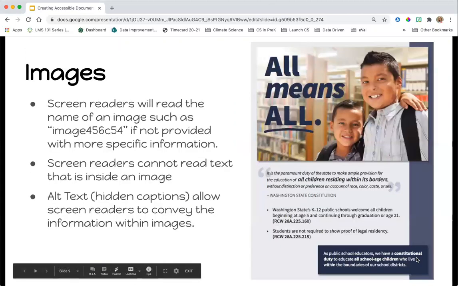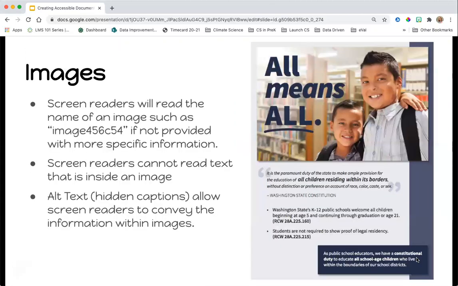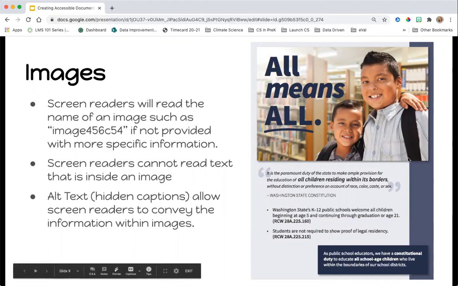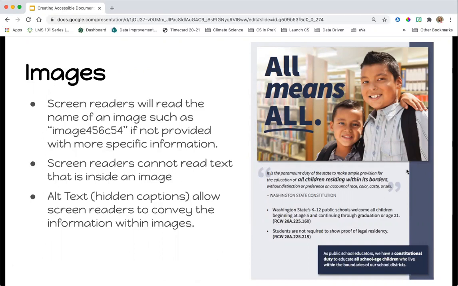Another thing to consider in your change of practice is the use of images. Screen readers will use the name of the image and not the text within the image. You can see on the right-hand side here, there's an image that has a lot of text within it. It has RCW information. However, the screen reader would read image